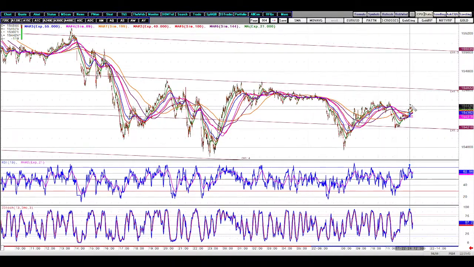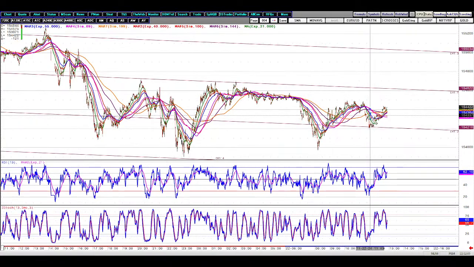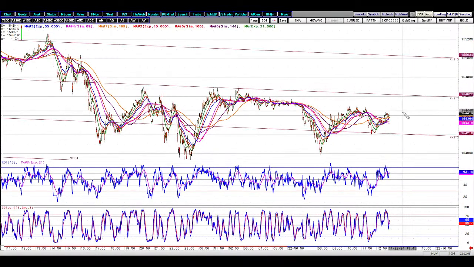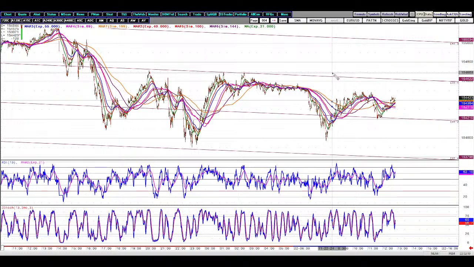So we have to wait for this market to really see the turn. Only then can we confirm that we are on the right track. Of course, if we get stopped out, then we have to do a re-entry, and then we'll see whether the market is moving. So we have to follow the market. No matter what happens, we still have to follow the market.